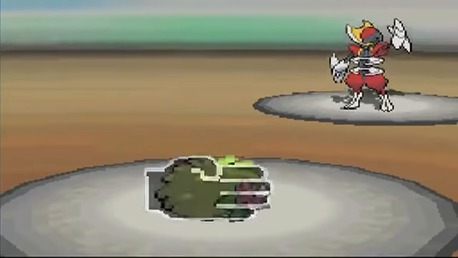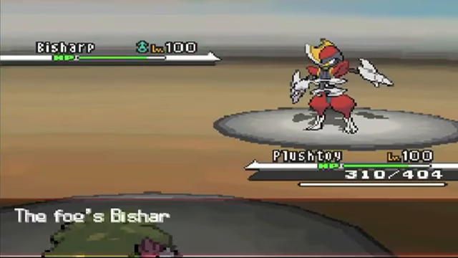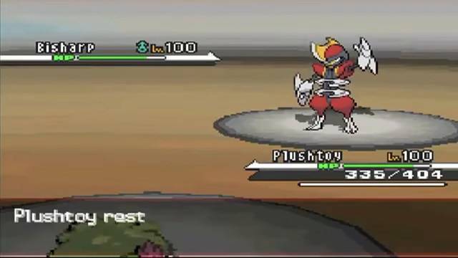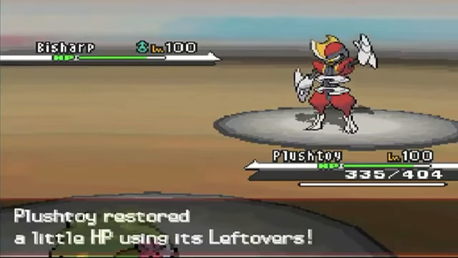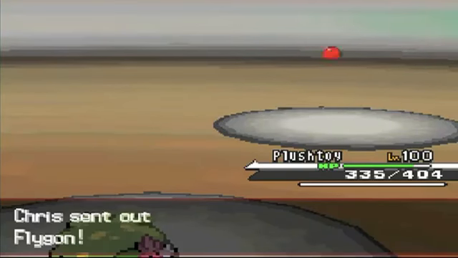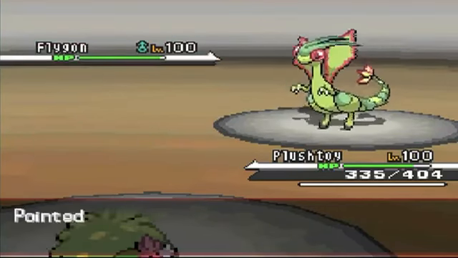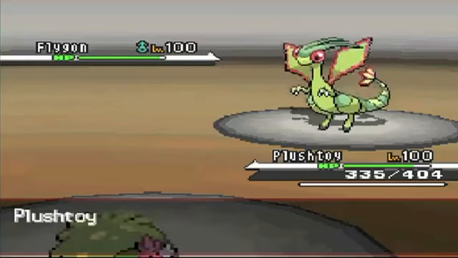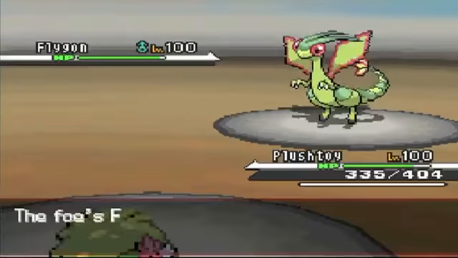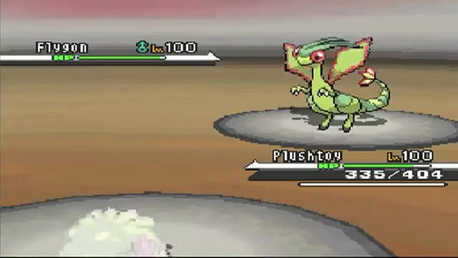I'm going to go for my purely defensive Shaman. This is my Shaman that I've actually used in 4th Gen. It's Leech Seed, Seed Flare, Hidden Power Ice, and Protect. I decided to just go for the Leech Seed on the switch as he switches into Flygon. Speaking of Gen 4. But right here, I'm just going to go with the Protect just to scout out what